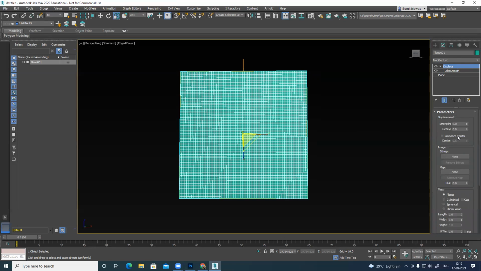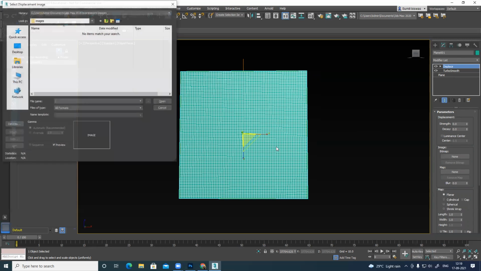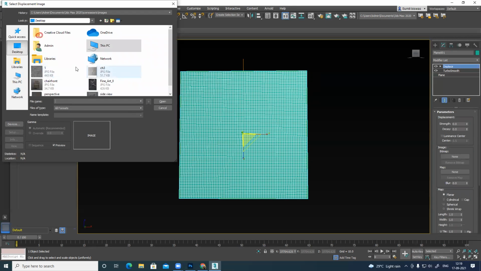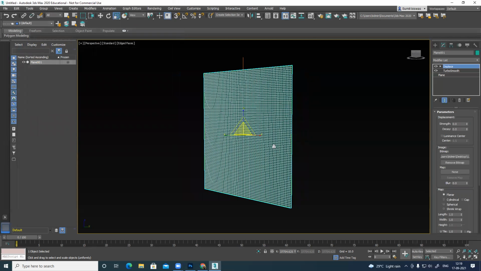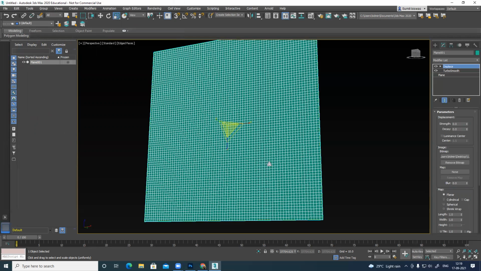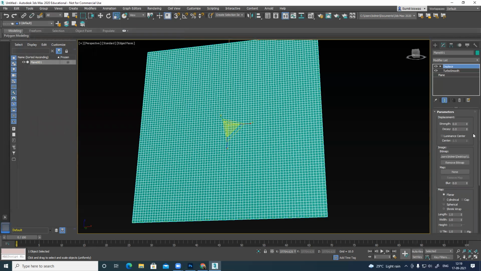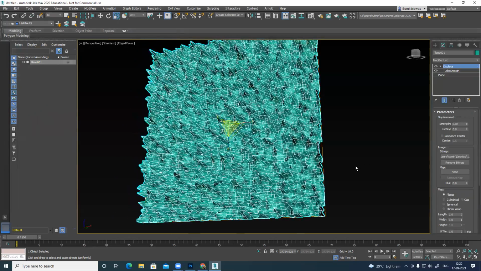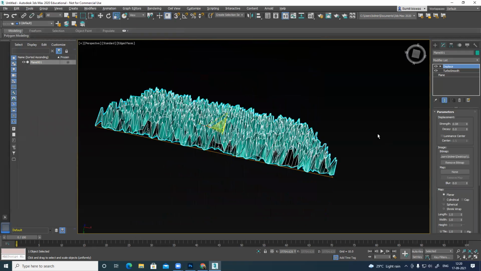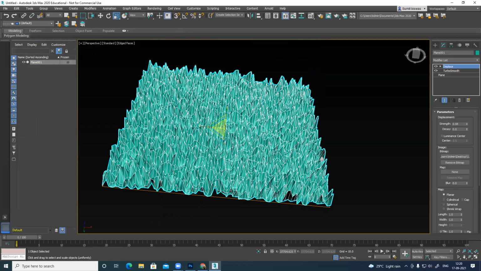Once you select this, you can see you have strength, decay, and bitmap. Bitmap is basically the image. The desktop, this one. Okay. Still, you can see nothing changes. Nothing is changing here. Now, if I increase it, it will start displacing this, but there are not enough polygons.